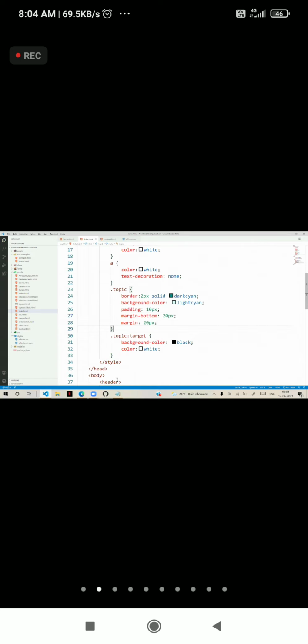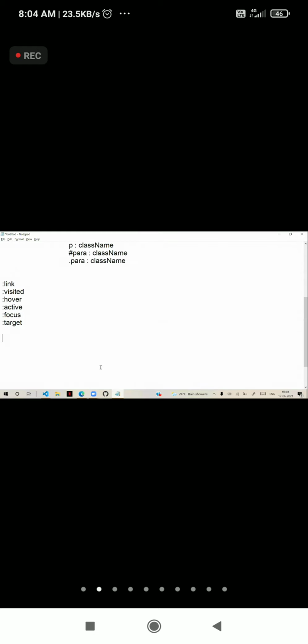We learned about that. So that is a target selector. I gave an example for that also in the hyperlinks directly. So these are all under the category of general pseudo classes.